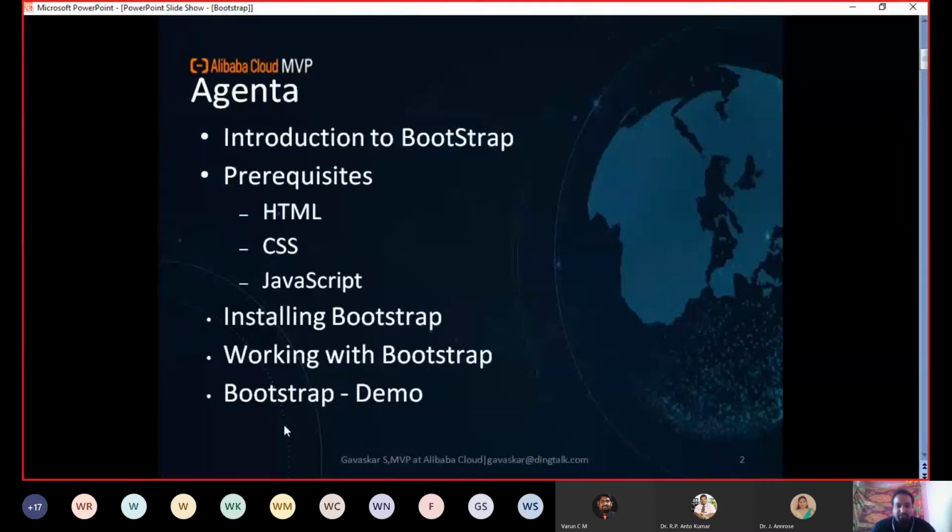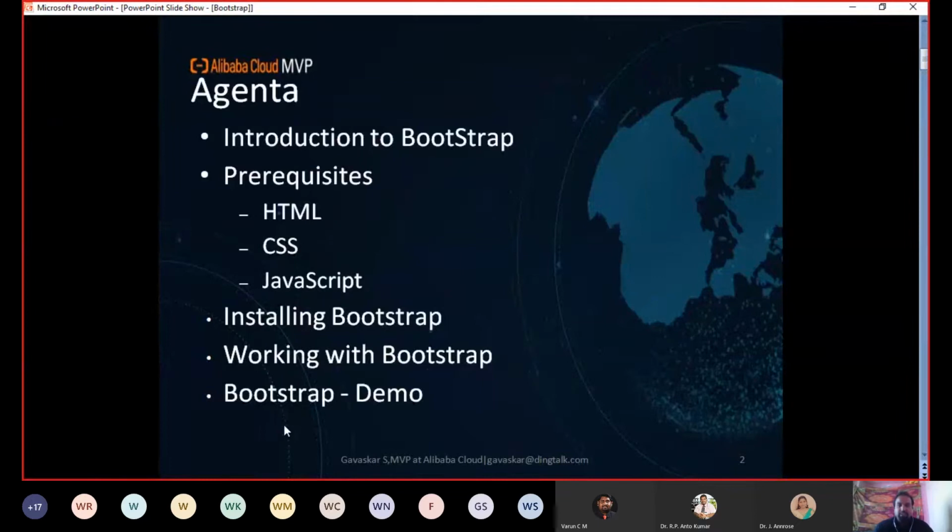So we are going to see how to download those files from the internet and how we are going to develop the web page. That's the first thing we are going to see. The second thing is that in that repository the 3 files will already be present. Those files we are going to use, and we are going to see that. Then finally we are going to work with Bootstrap. That is, we are going to see how to work with the grid, how to create a table, how to create form elements, and how to create paging. Now we are going to see some real-time demos for creating a website using Bootstrap. And finally, we are going to see some demos.